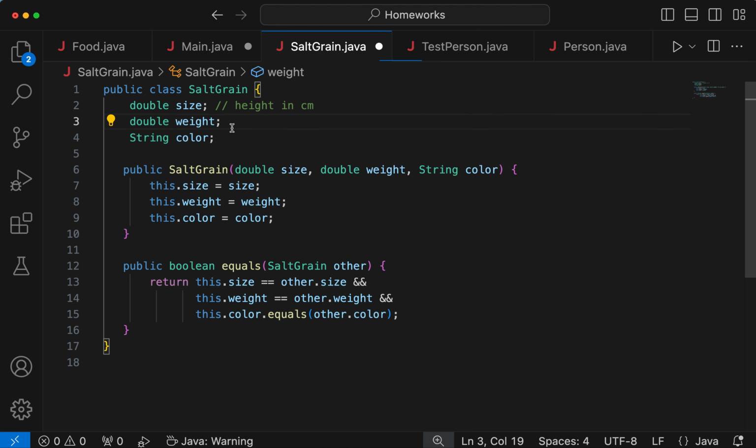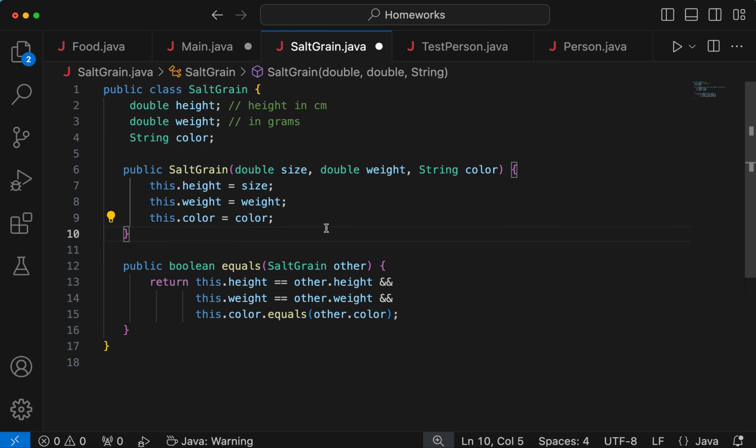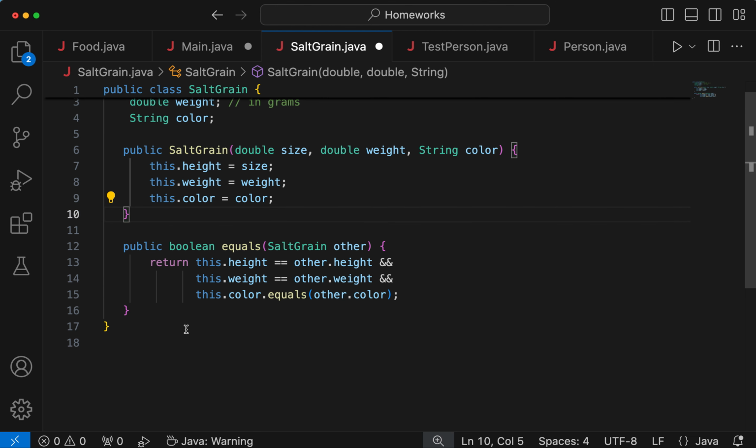All right, what about weight? What is this? It should be in grams, I think. Okay, and it's a double again? It could be a double. Okay, so in grams. All right, and you just have color as a string. Okay, so you have your constructor, which is your standard boilerplate constructor, and then you have your equals method, which,